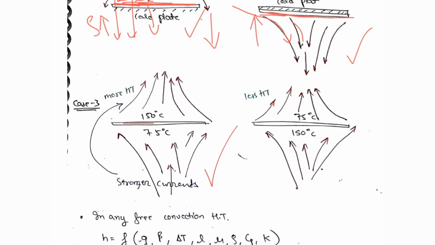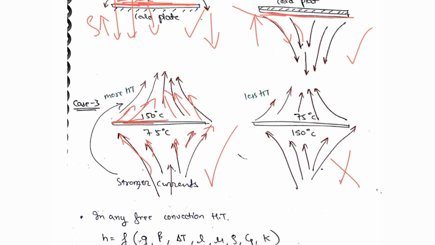because here the hot plate is on the top side, therefore the fluids will be coming and freely flowing out. Okay, there is no obstruction to the direction of hot fluids. In the similar manner, the fluids coming from the bottom will also get heated up and will move in the top direction, but there is some restriction.